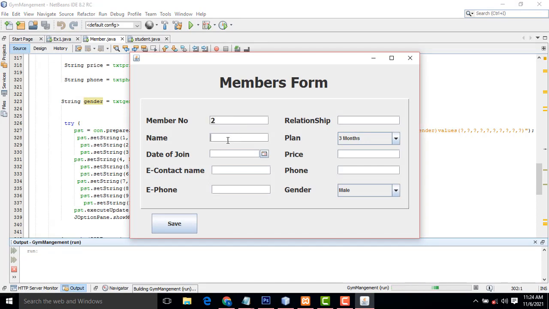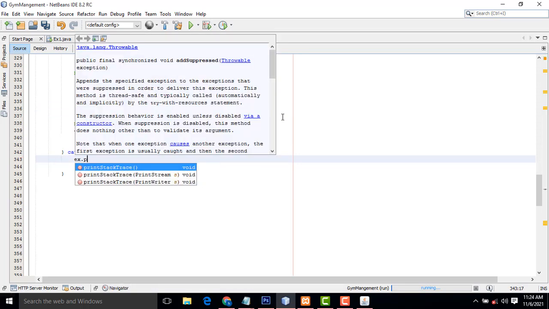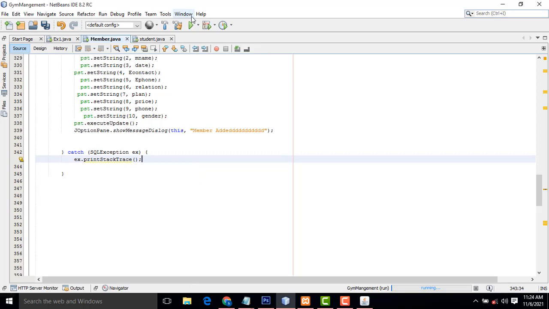Just add some dummy data. We'll check. Phone number. Why is it not working? The save button is not working. We didn't handle the error, so it doesn't show the error. What is the error there? Print stack trace, that's why it won't show the error.